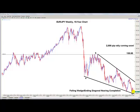So one thing that will likely happen is this will likely fall some more, and that's why you'd want to use micro lots if you entered anywhere around now, so that any pullbacks against you are not huge dollar wise. Then we'll see the pair come back up to the top of the falling wedge, which would likely be at that point somewhere around the 107, 108 level. By the time you get to the 109, 110 level, you've got the confirmed break, and that's when a lot more people are going to notice and recognize that this thing has actually turned around. That's when you're going to see a pretty big thrust forward,